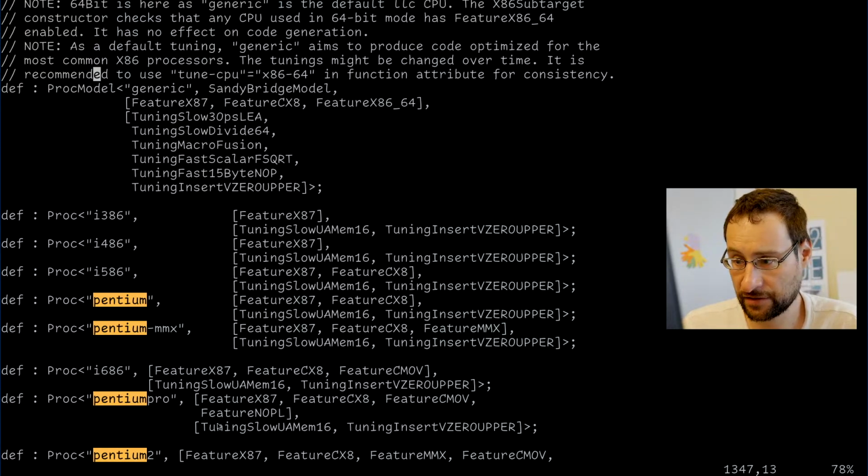Here are some. Why are they not... This is funny tuning. Here's tuning insert V0 upper. Is that this surely? Why would that be there?